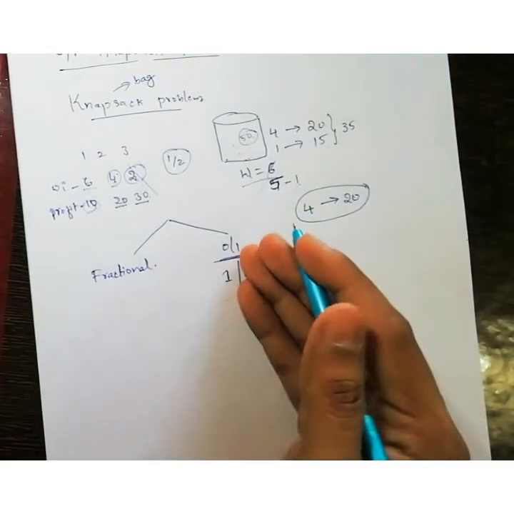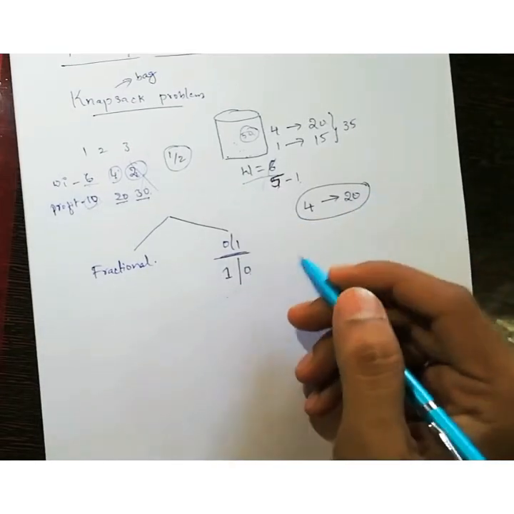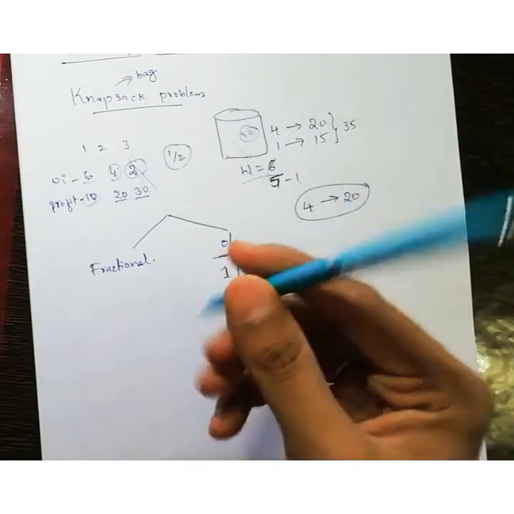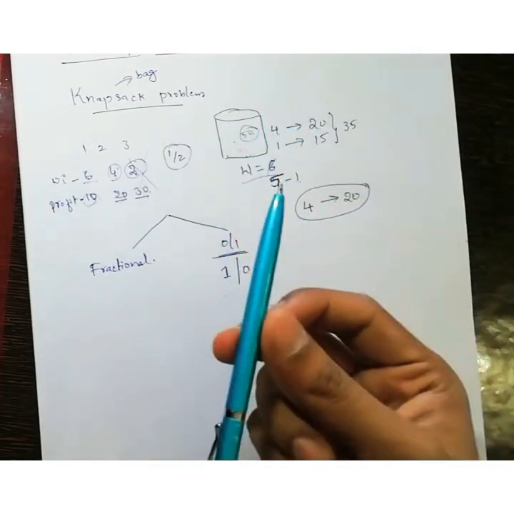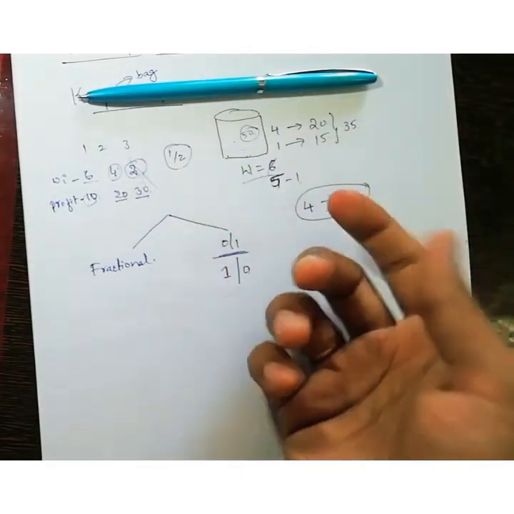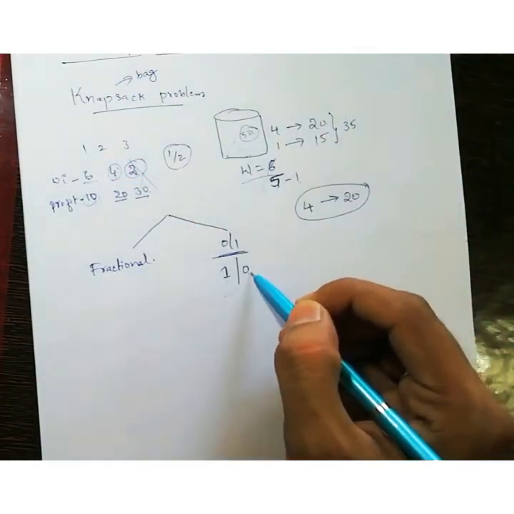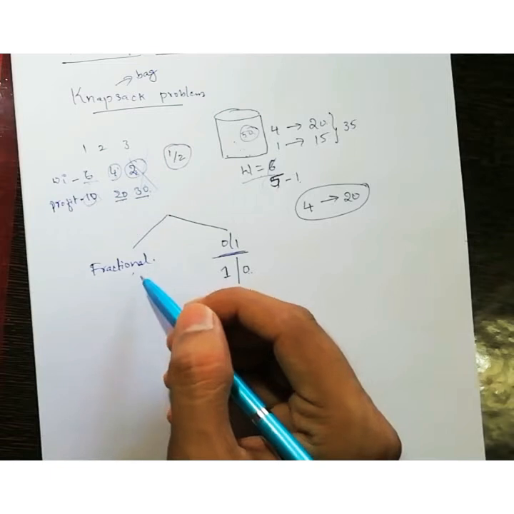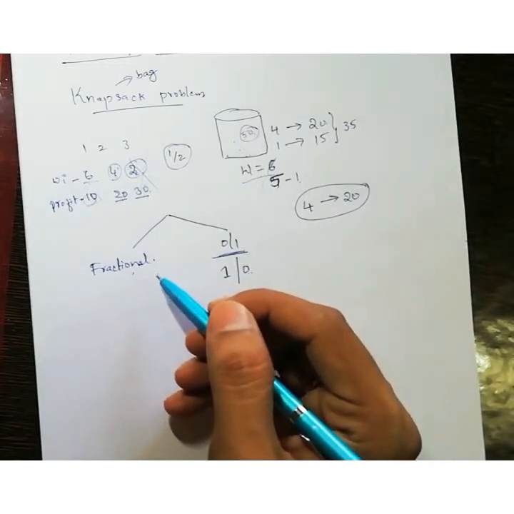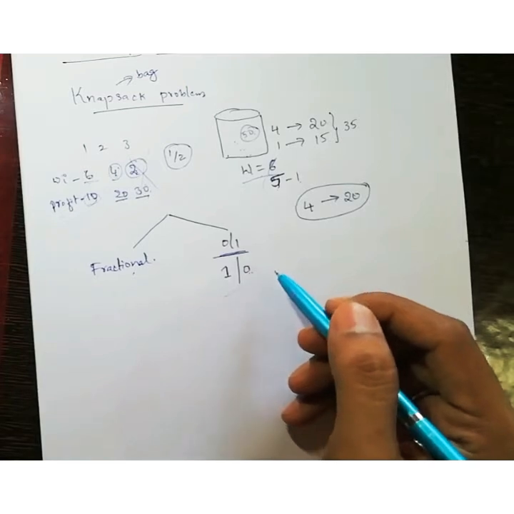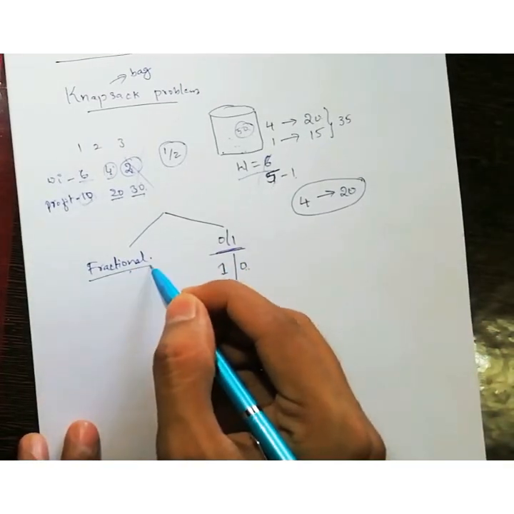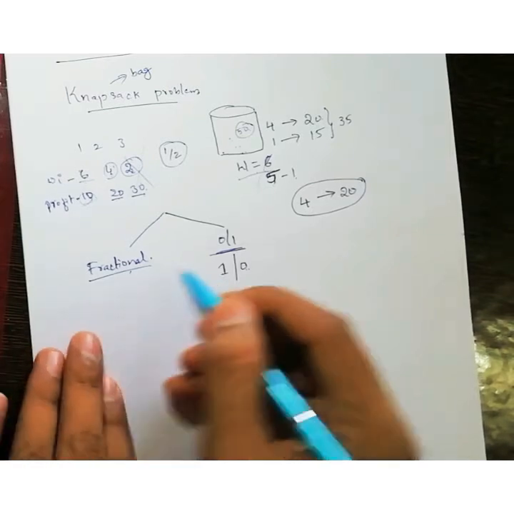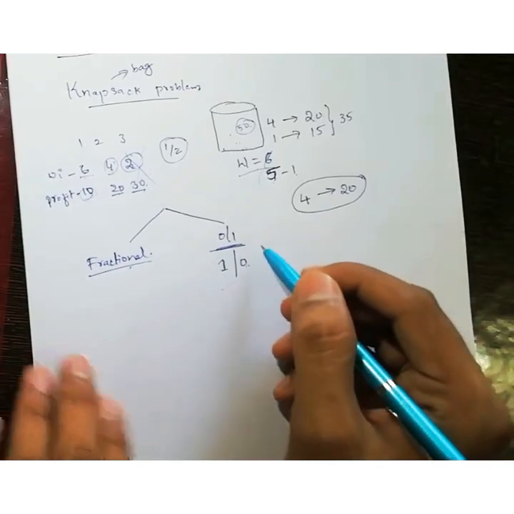That means you have to take it fully or you have to take nothing, like solid elements. For example, I have this pen, a solid pen. When I go to the store, I can purchase the full pen or I should not purchase it. Clear? So that is 0-1 knapsack. When coming to the fractional part, for example, I go to the fruit shop. Out of 10 kgs of apples, I can purchase 5 kg of apples also. That is the fractional part. So today, the fractional knapsack problem we discussed already in one of the videos that is uploaded, and you can watch that. Today we will discuss the 0-1 knapsack problem.